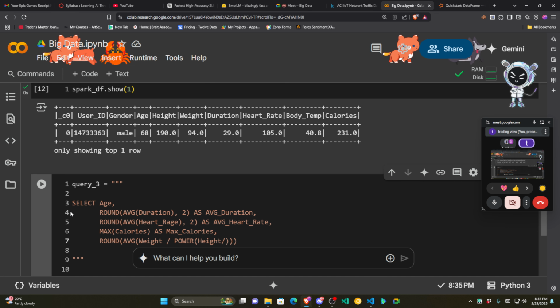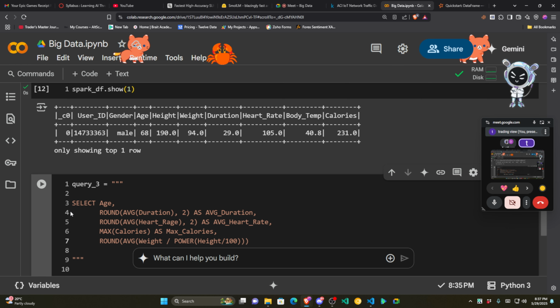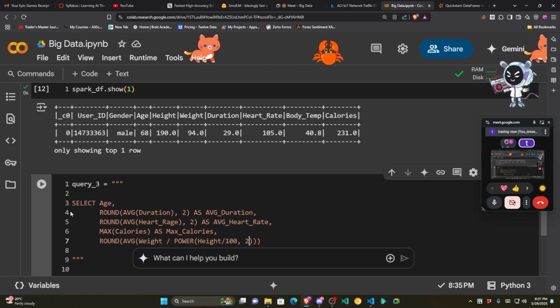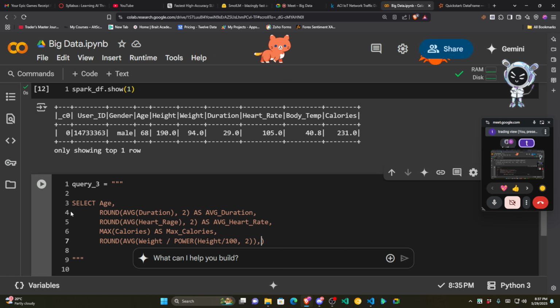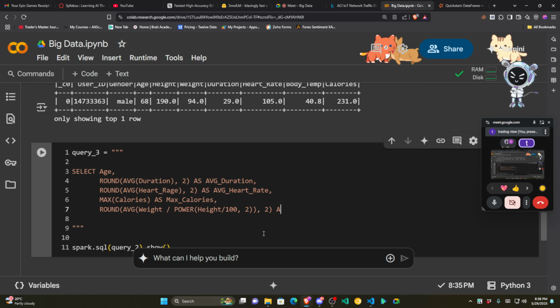So height, we are going to divide it by 100, and then we'll need 2. So we've got that, and then this is rounded off to 2. So this is supposed to give us the BMI, okay? So as average BMI,